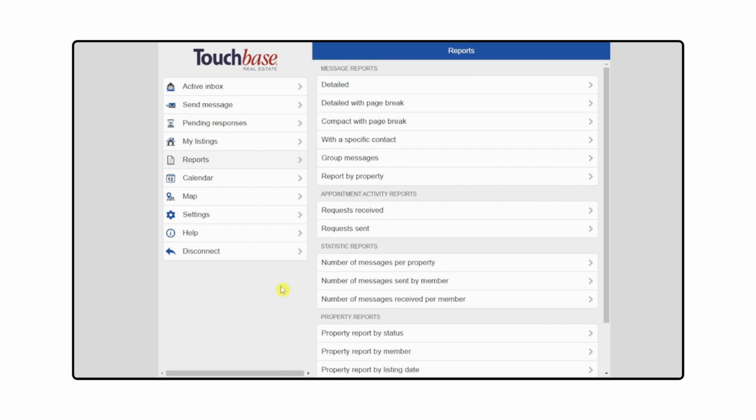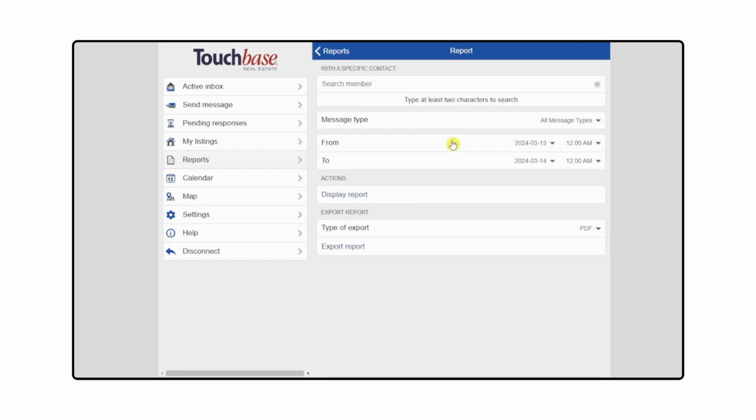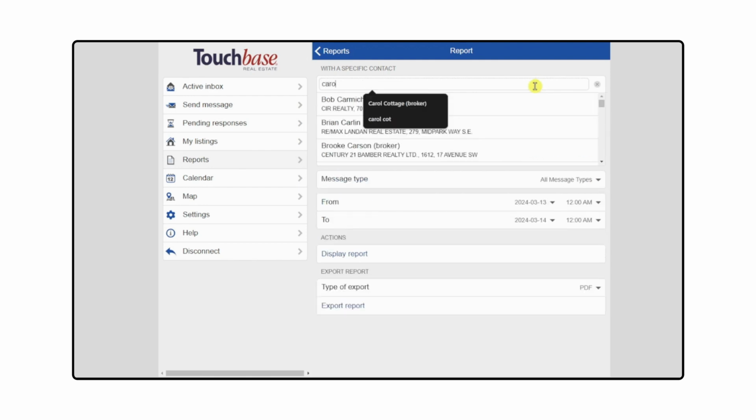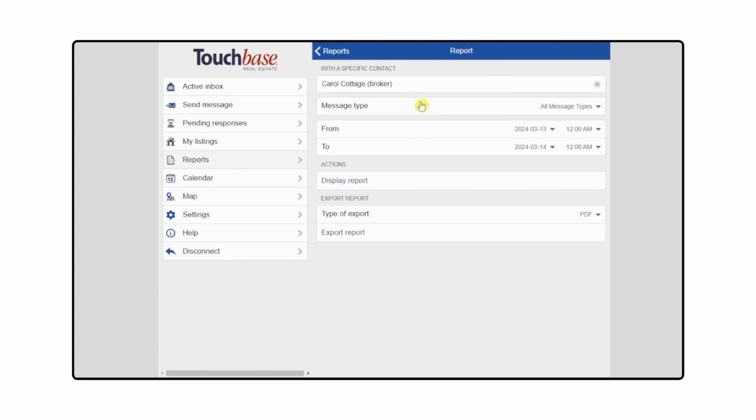The next report we're going to look at is the report with a specific contact. It's the fourth option from the top. Let's click on that. And now, instead of tabs asking us if we want to look at messages received or messages sent, we're presented with a search bar where we can search for the member that we are looking for. Let's look for Carol Cottage. And now if we click on Display Report,